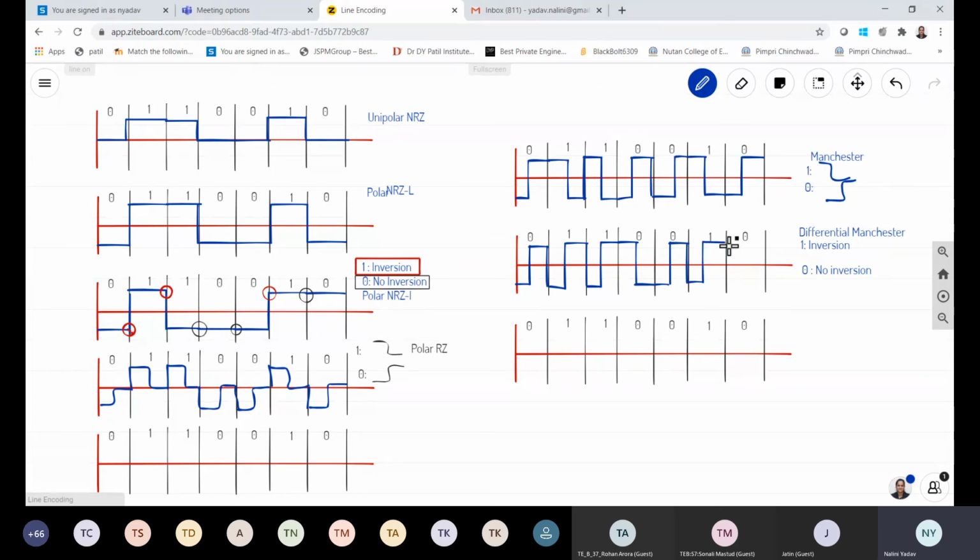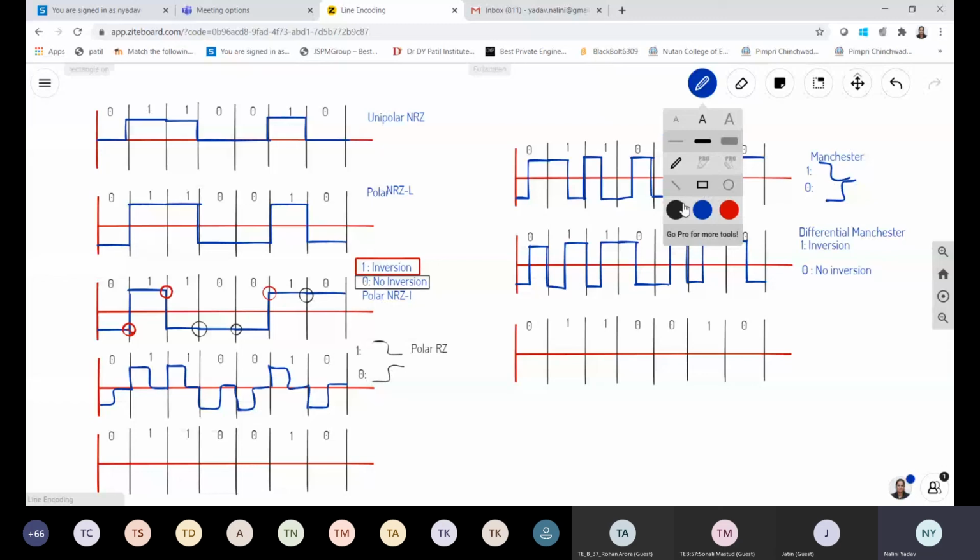Is this clear for all of you? Draw the signal. Again there is a 0. What is the meaning of 0? Continue. No inversion. Right? So I continue for this 0. And then at the mid of the timeline, I have crossed the axis and come to the opposite side and then completed the signal. I hope this is clear with all of you.